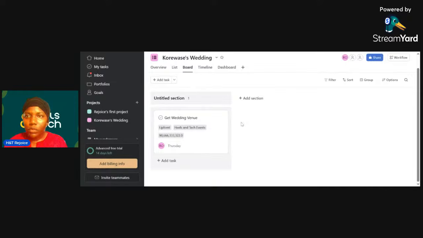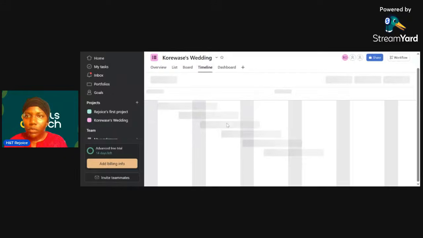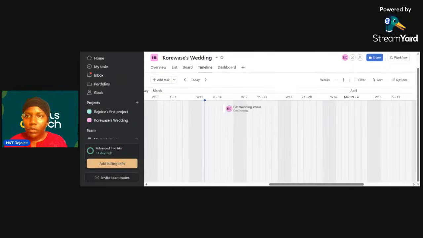This board view kind of just puts everything in a box so you can see it. Then timeline works with the dates. We've only put one event here, which is getting the wedding venue. If we put more events or more time-bound items on the list, you'll see all of it here.